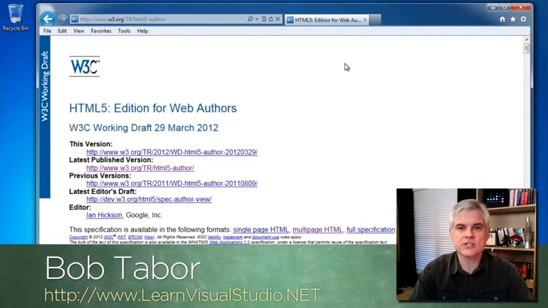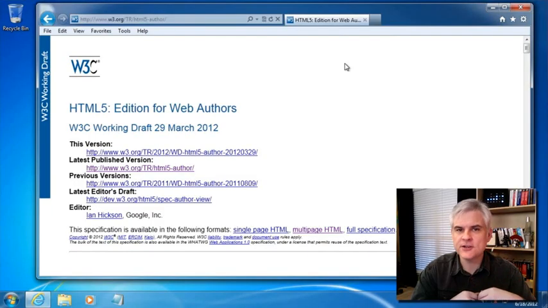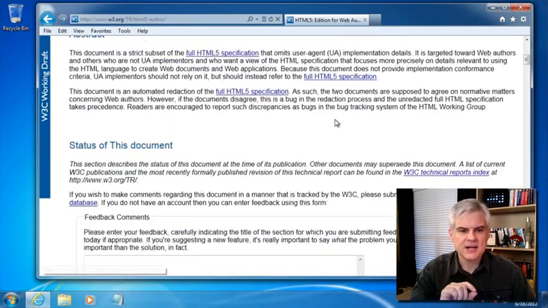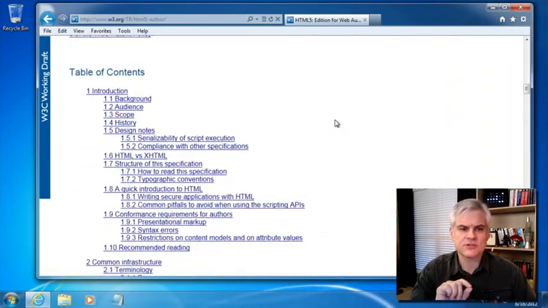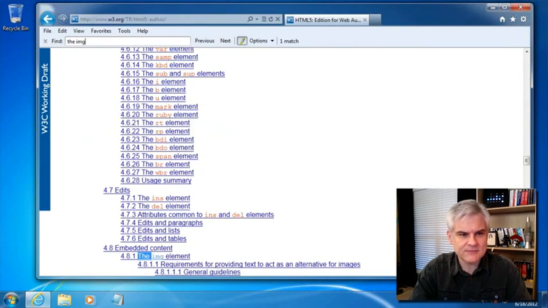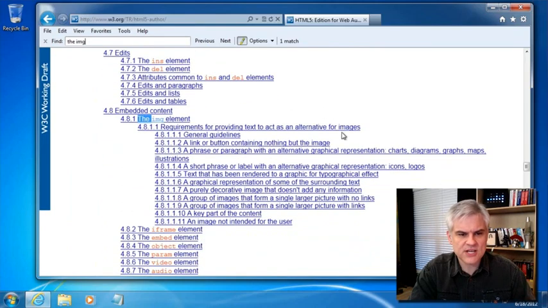In this lesson, we're going to talk about adding images and figures to our HTML5 documents. So let's go ahead and start with the image or IMG element. Just to remind you, we're looking at a version of the specification called HTML5 Edition for Web Authors. I'm just going to scroll down to remind us that we're searching on the table of contents. I'm going to hit Control F on my keyboard to bring up the Find toolbar. I'm going to type in IMG, and that'll bring us to a section of the table of contents specifically